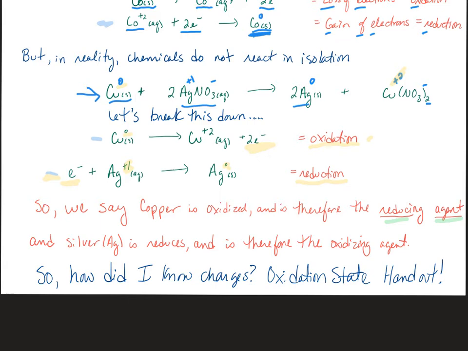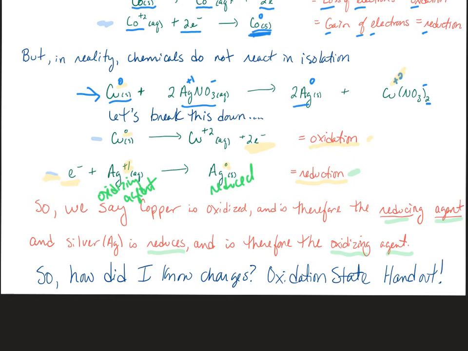When it comes to the reduction, silver is reduced and we call it the oxidizing agent. So a lot of times what we'll say is this is reduced and over here we call it the oxidizing agent. Okay. So how did I know about these charges and where to get them from? If that was something that you were sort of lost with, let's look at what those rules are